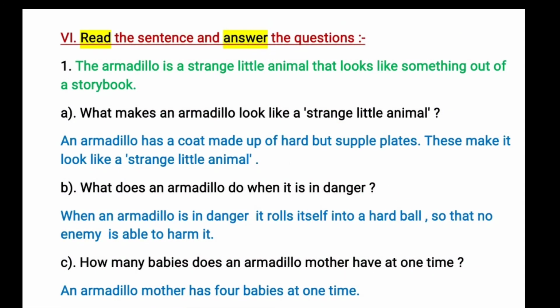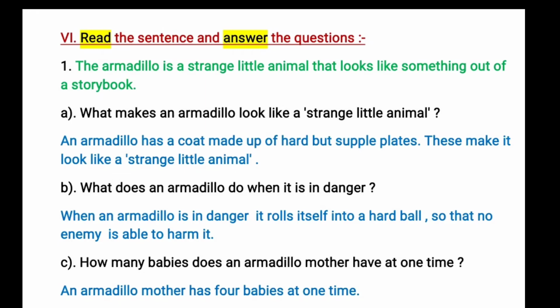Next, moving on to question and answers. Read the sentence and answer the questions. So you'll be given one sentence. You must read it and answer the questions which are given below. The armadillo is a strange little animal that looks like something out of a storybook. So A, what makes an armadillo look like a strange little animal?